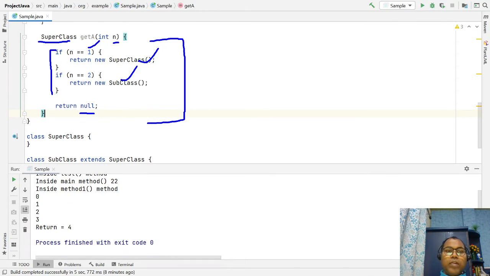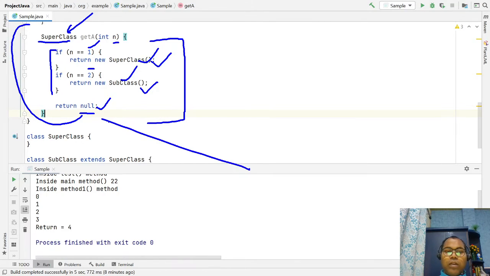If we are not getting 1 or 2, then we may return null. So if your return type is a specific class or interface, you can return that class, a subclass of it, or any implementation, or if nothing matches, you can return null. Generally, returning null from a method is avoidable, so you should try to avoid it.